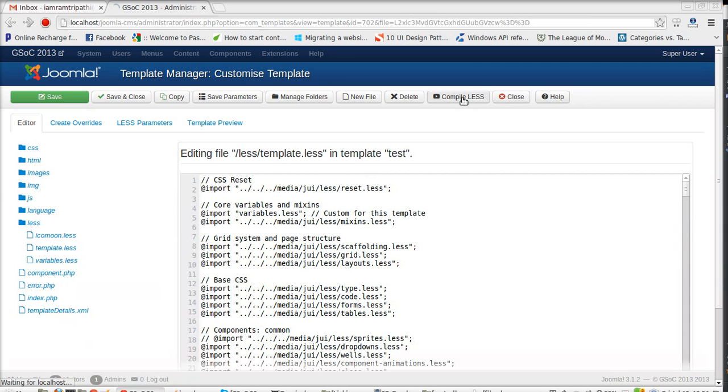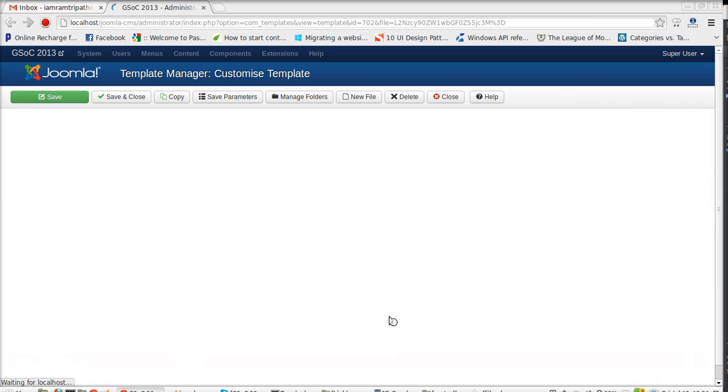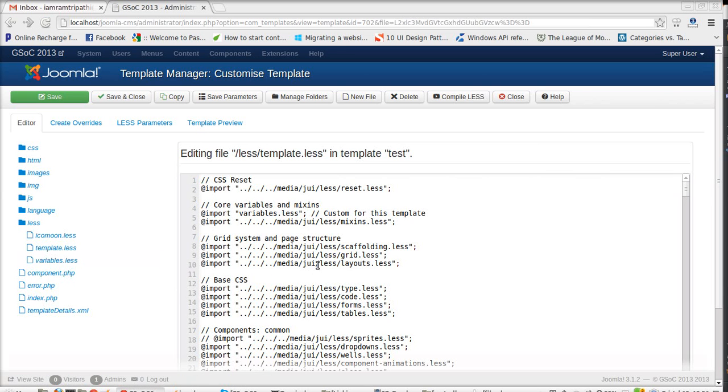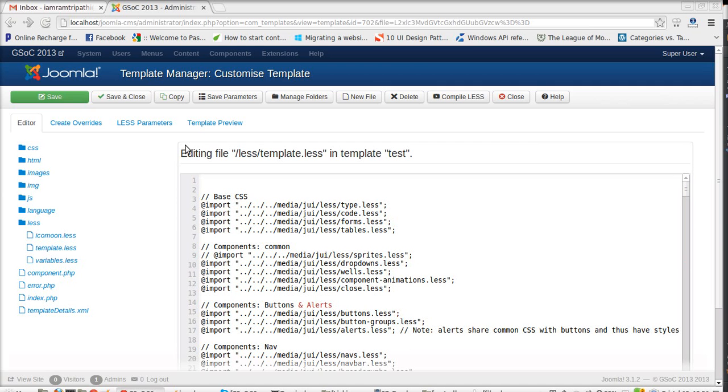So I'll compile it, and inside we can see the CSS file. So the compiler works fine. It also generates errors. If you want, you can check back later. I'm not showing all the features, like what happens if we do this or that, but I've tried to check all the cases so that